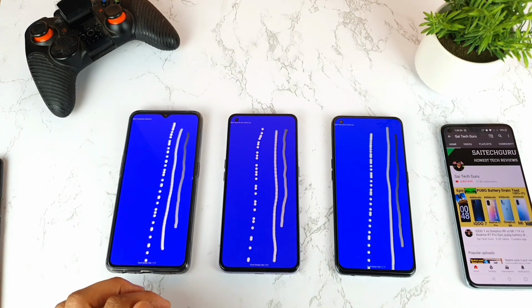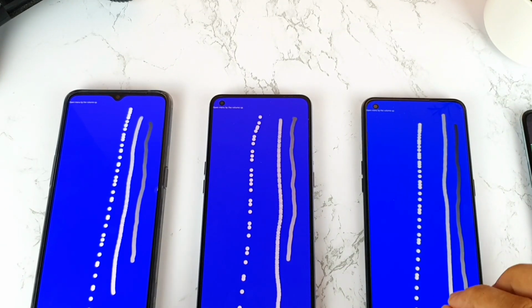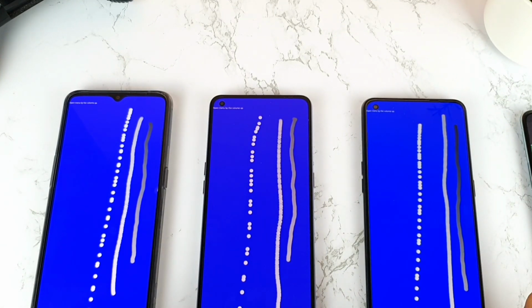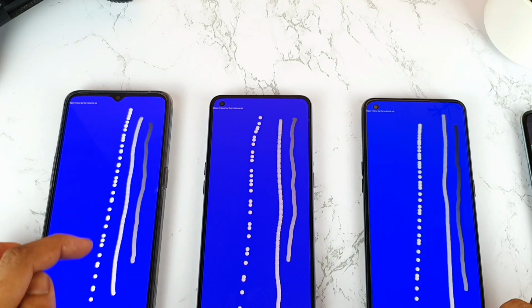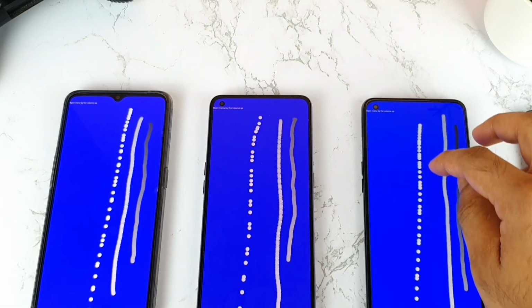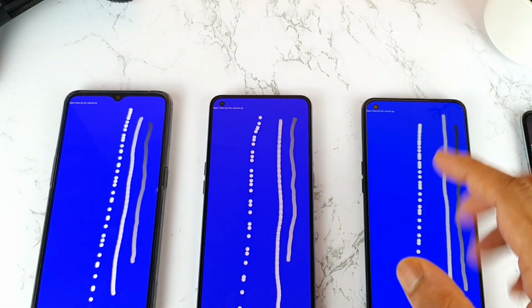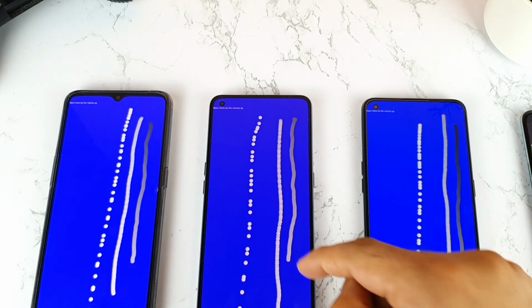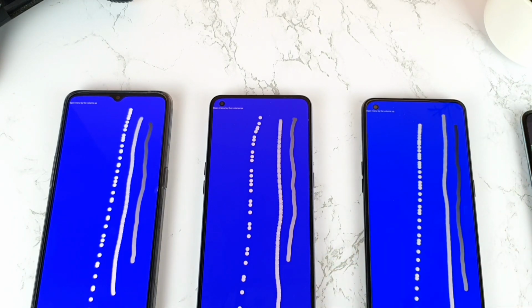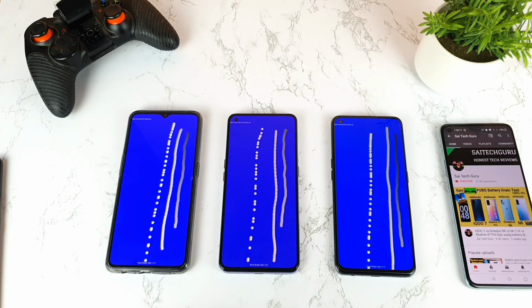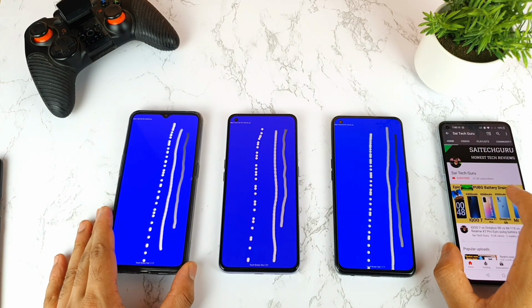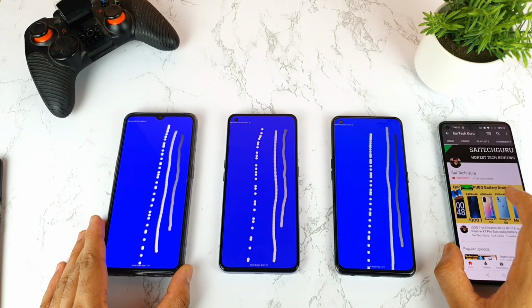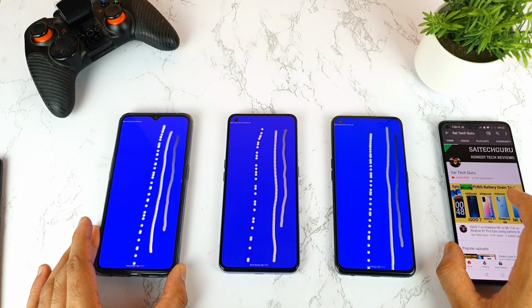So this is a really good application to test the touch inputs. Here the number of touches recognized was higher, and the Realme X1 Max also recognized more, but not the X1 Pro, because I think it's got only a 120 Hz touch sampling rate. If you trust this application, this is what the results are. You can clearly see with your eyes, friends, how much difference there is. This will definitely impact your gaming performance as well.